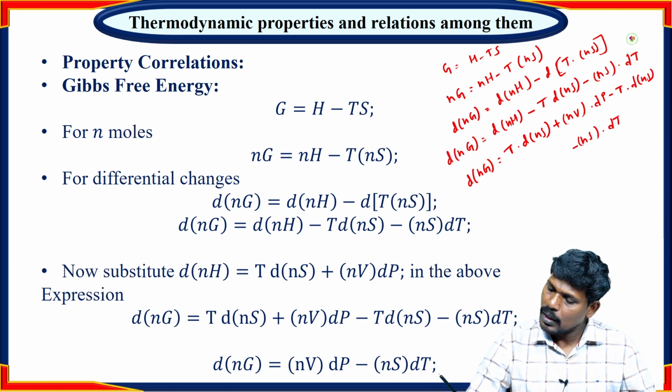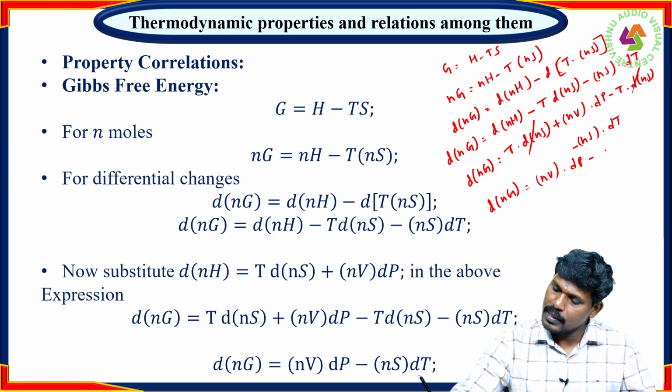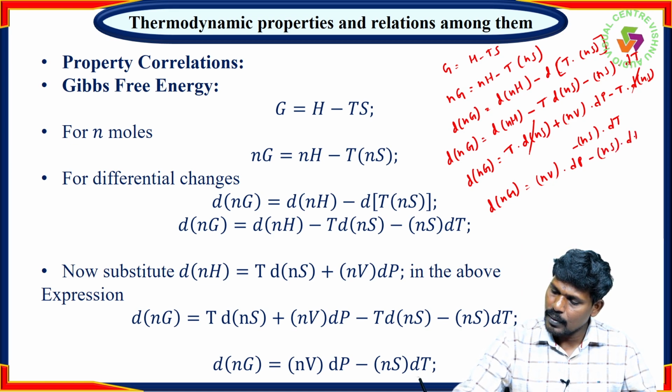So T into d of nS, this one plus and minus both get cancelled. Finally you will get d of nG is equal to nV into dP minus nS into dT. Okay,